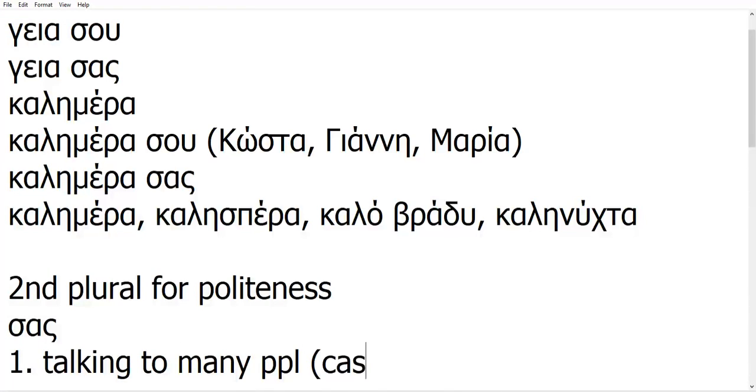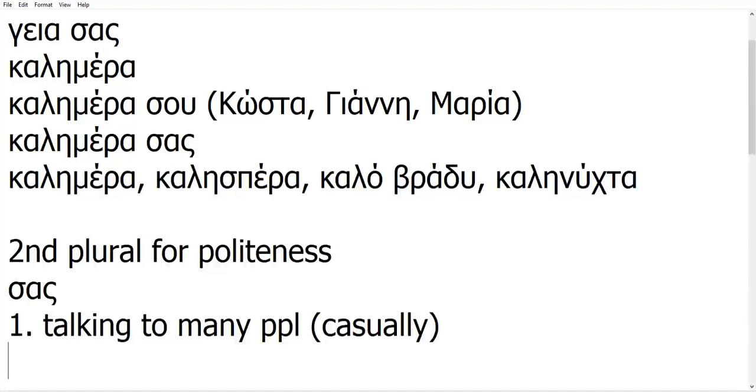I mean, casually. They might be your friends. You enter a big room, there are 5 or 6 of your friends in there, you say yasas. You don't say yasou. You can say yasou, by the way, if they're your friends, it's perfectly fine. But since there are many, it's perfectly good Greek to say yasas, hello to you all. Second, talking to one person